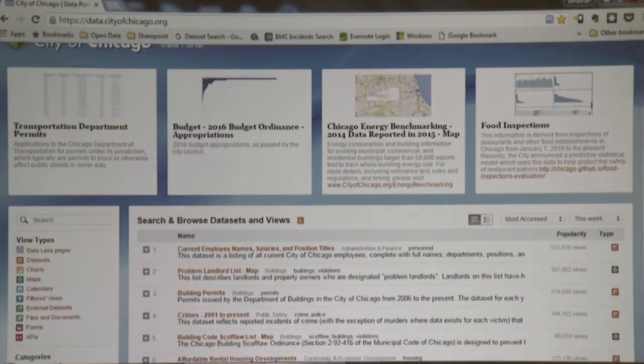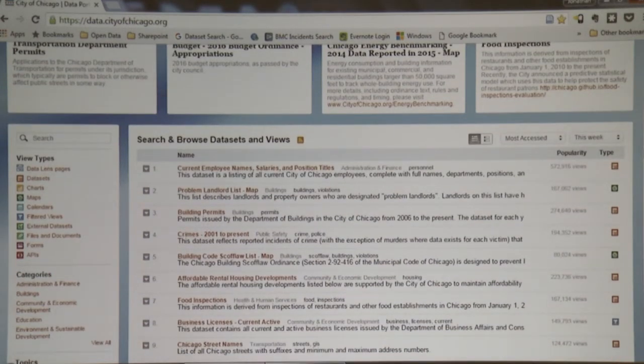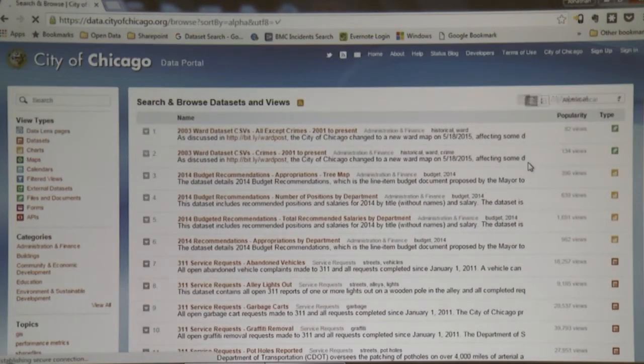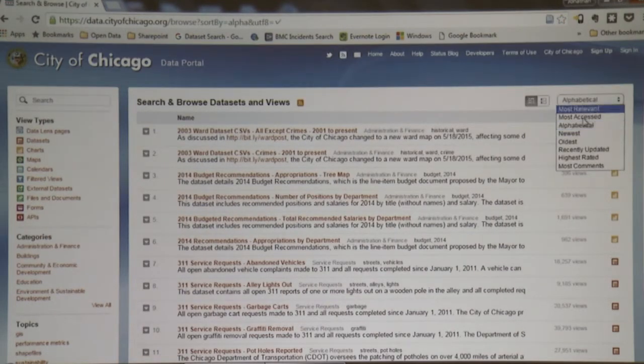The main part is down here, where you've got the dataset catalog. Here you will have a list of our various datasets, or I should say not just datasets, as it says here, datasets and views. I'll get to that in a moment, but it's important to know that there's actually a distinction. You can sort them various ways. So right now, we've got what was most accessed this week. You can do alphabetical if you wish. You can see what is newest,